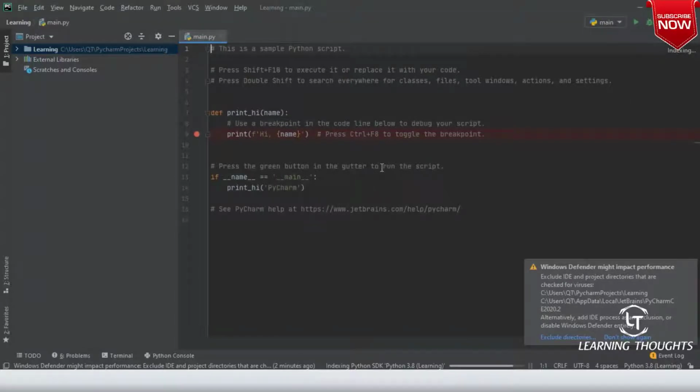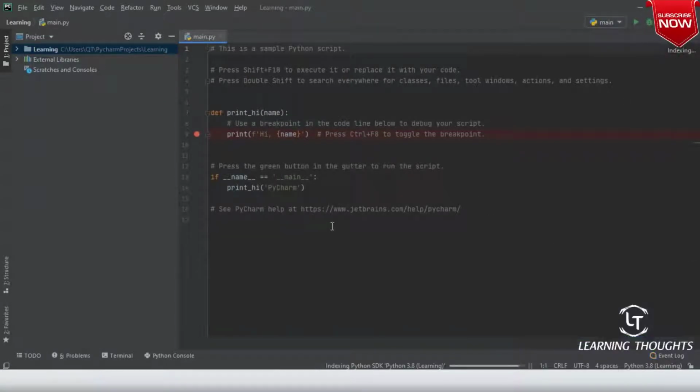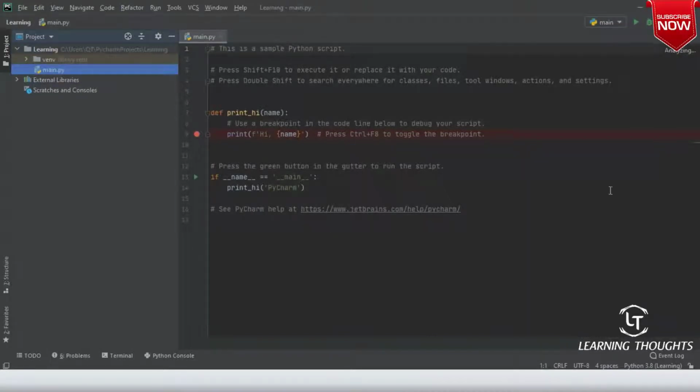And then this is a sample script. If you want, you can keep it, or else you can remove it. Now let me open this learnings. Are you seeing main.py? So this is basically your file view, and you can add your Python files over here.